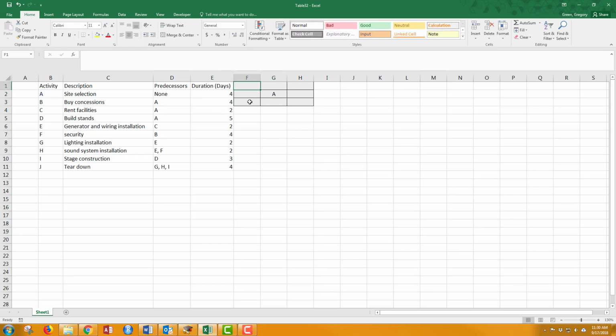Now up here we're going to have the early start time. That is actually, as we're working through this network from left to right, the more difficult of the nodes to calculate. Now the early finish time is not. The early finish time is always equal to the early start time, which just goes back 2 nodes, plus now I need to look up, so VLOOKUP